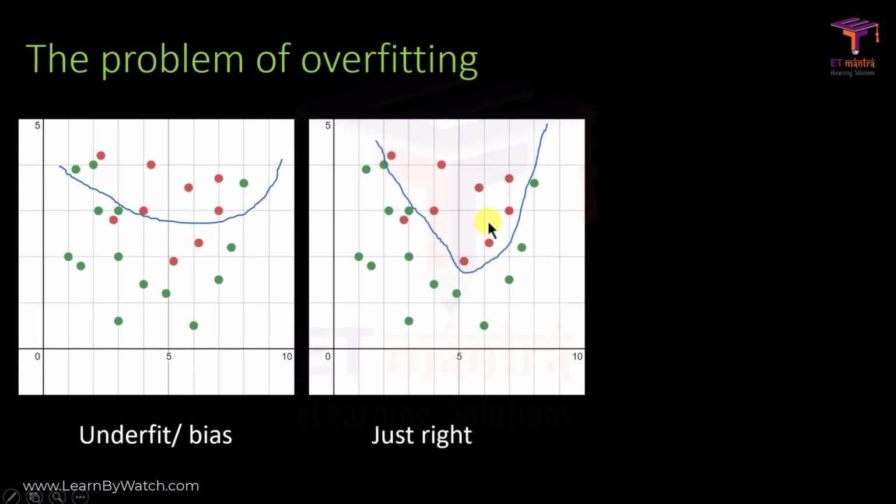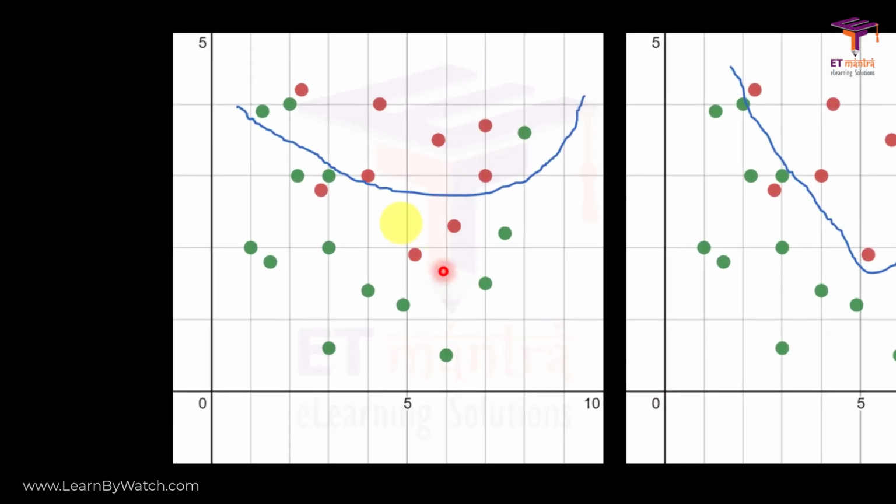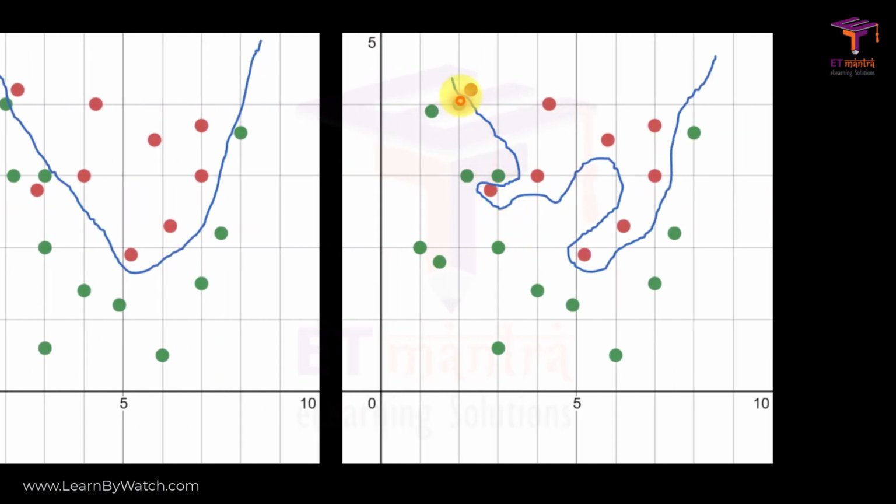In the next case, this is a blue line which is the decision boundary, and in the third case we get a decision boundary something like this. So in the first and second case, let us discuss the first case. We see that there are many points which are not classified correctly. This one is the point here, here, and there are some red points here which are not categorized correctly. And in the third graph we can see that all the points are categorized correctly.